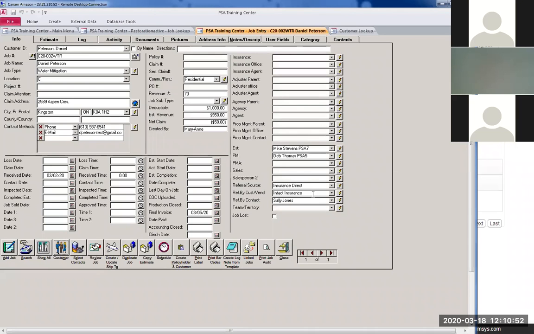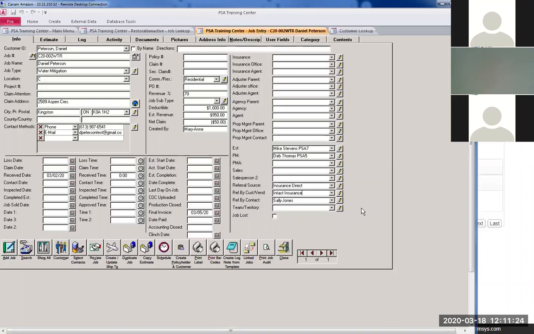So this is showing you here in the bottom right area, the referral source that was chosen when the job was created. And you can see I'm just highlighting here so you can know which part of the screen I'm looking at. And then you have your company and your contact. So all of that information is in both locations now if you're using the full PSA desktop. Okay. Actually, while we're on here, the creation of the referral sources, so that drop-down list that I showed you